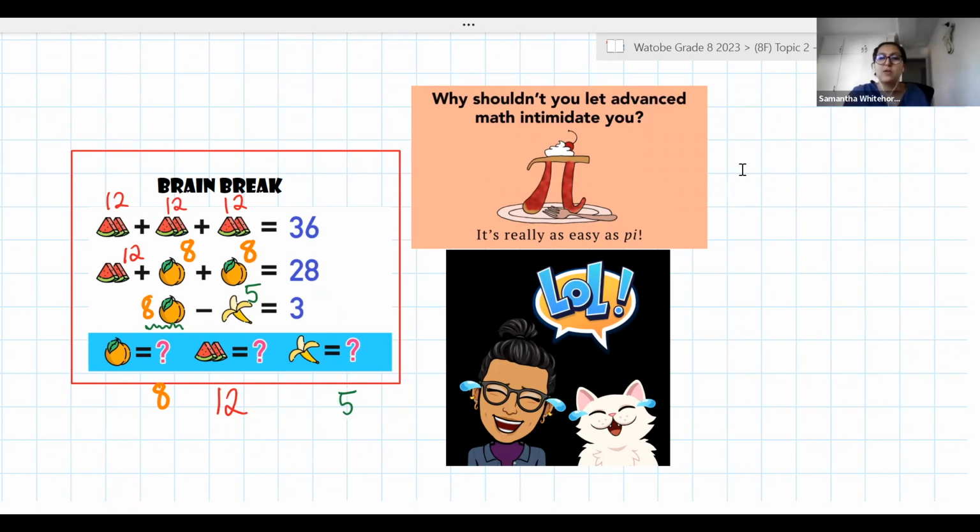And I like the way that we're thinking in terms of actually solving the equation. We're not just guessing. We're thinking, okay, well, if I subtract 12, what do I then need to do? If I divide 36 by 3, I know I'm going to get the watermelon. So your practice with equations is really coming through here. So very well done. I'm going to leave it up in case anyone wants to take a screenshot, but then I'm going to move back to our work so we can carry